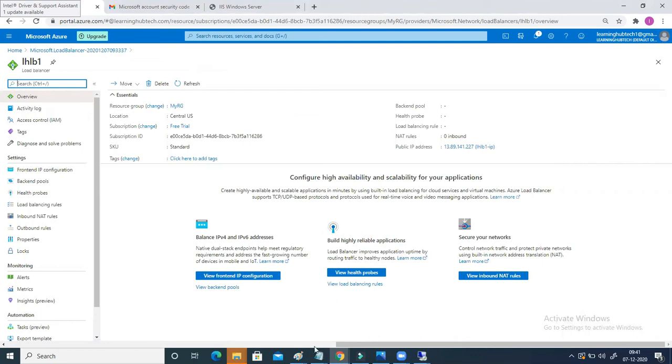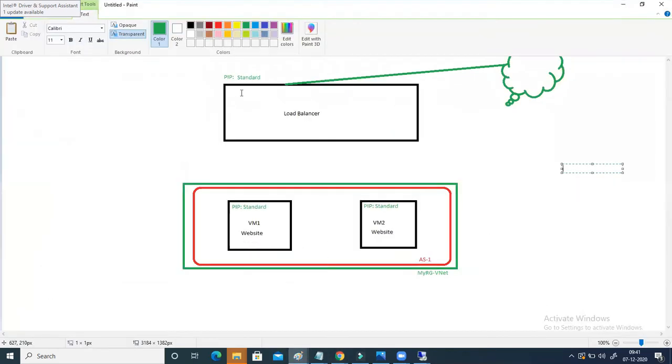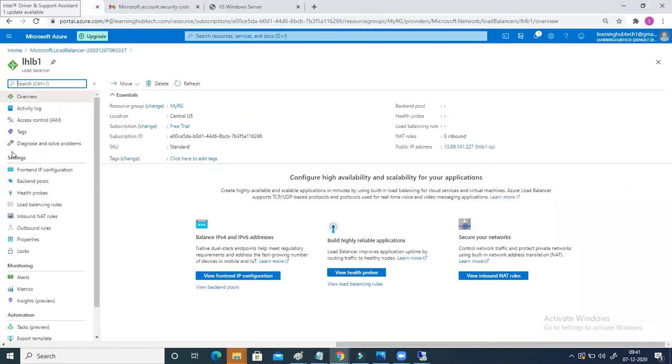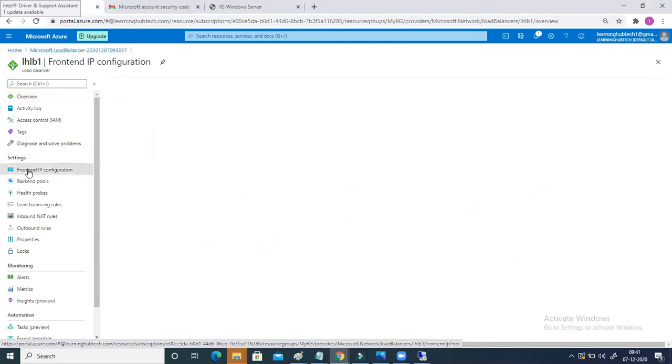But if you see, the load balancer is a separate component as of now, and this backend target is a separate component. We haven't done any connection between both of them, right? So let's understand the configuration inside the load balancer, how we can proceed further now. When you come to the settings part inside your load balancer, the first setting is the front end IP configuration.